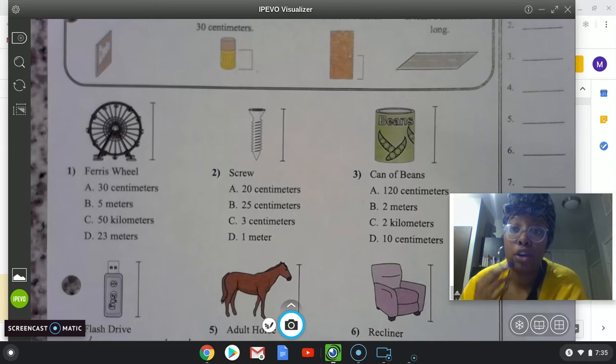Hopefully this makes sense to you. If you need any support, we're going to do this tomorrow as well. But let me know during